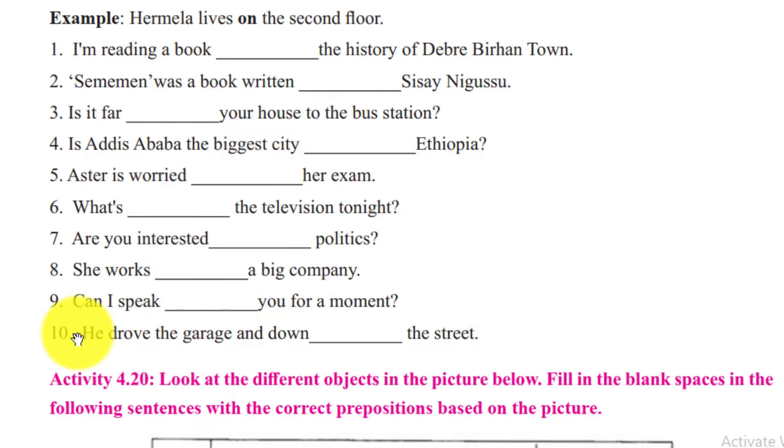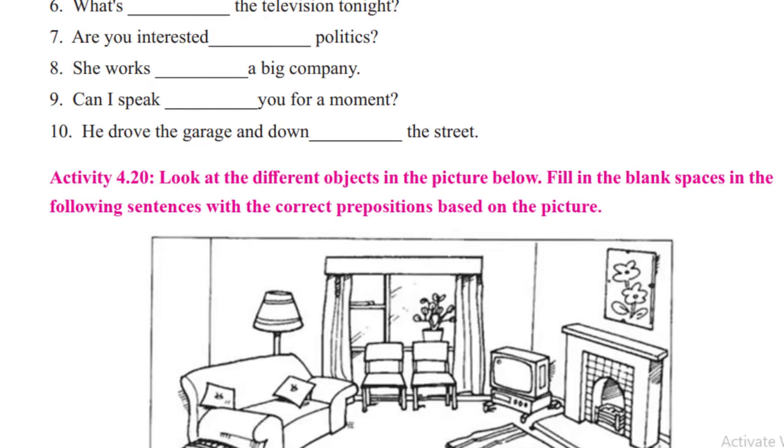okay the last one number 10 he drove the garage and down blank the street ይላል። እዚህ ጋር appropriate የሚሆነው out of የሚል ነው because out of will have the meaning from the inside to the outside የሚል ትርጉም አለው from the inside to the outside እንግዲህ መኪናውን ከጋራጅ አውጥቶ የነዳው out of the street ቃል from inside of the street to the outside ማለት ነው ከከተማ ውጭም ውስጥም እያሽከረከረ ከተማውንም ከከተማም ወጥቶ ማሽከርከሩን ለማሳየት out of the street እንላለን ማለት ነው። so these are very important prepositions ናቸው።